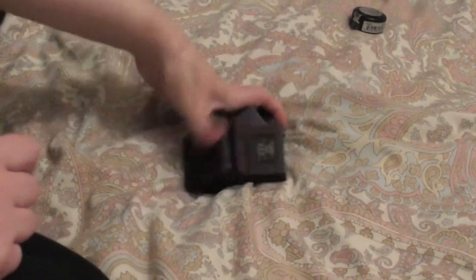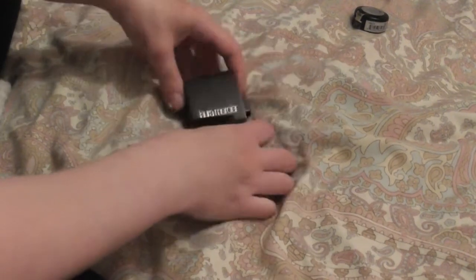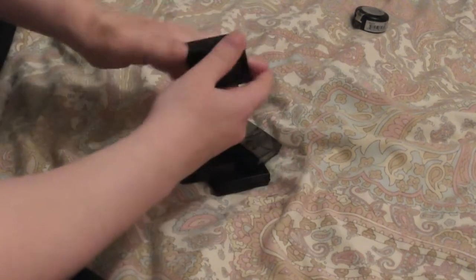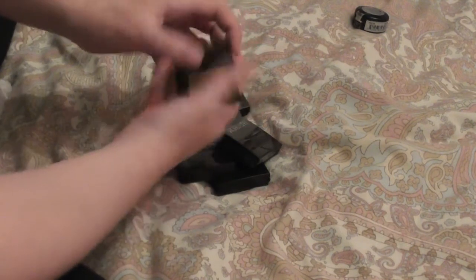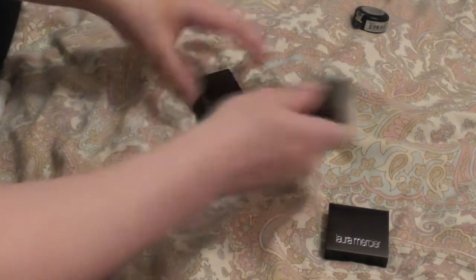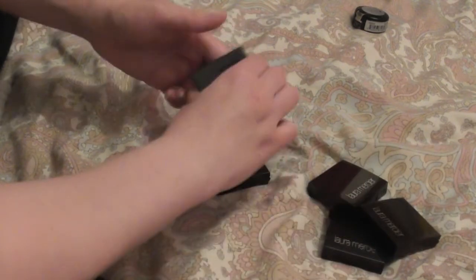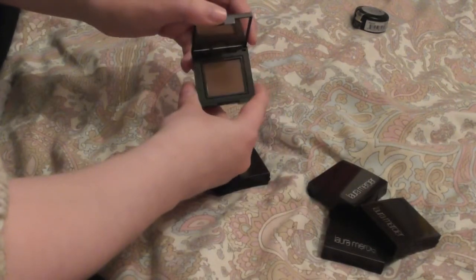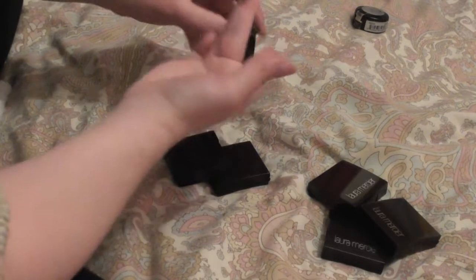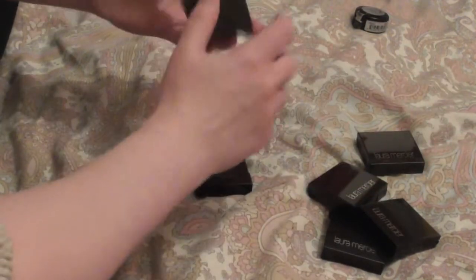Next, I have my Laura Mercier shadows, and I have a few more in a palette as well. I have the shades Baroque, Burnished, Coeur Royale, Truffle, which is possibly one of my favorite browns ever. It's just so velvety and rich and just beautiful. We have Cognac,